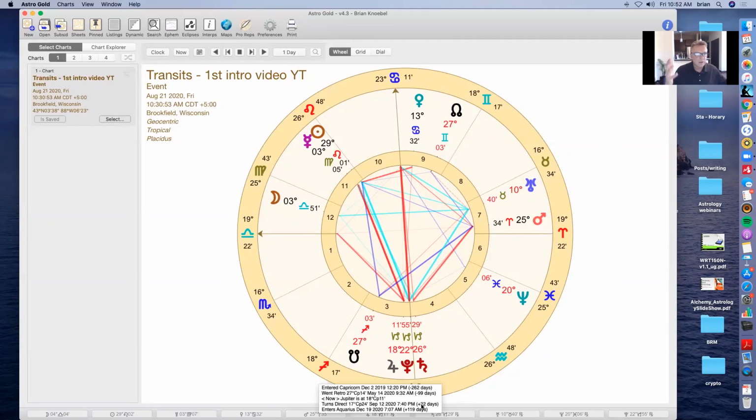Instead of scrambling, trying to look on the web or whatever other resource materials you have, you can look at when the last retrograde was on May 14th, when it had a sign change, it entered Capricorn December 2nd, and obviously we're going to have the big change when these planets here, Jupiter and Saturn, enter Aquarius in December.